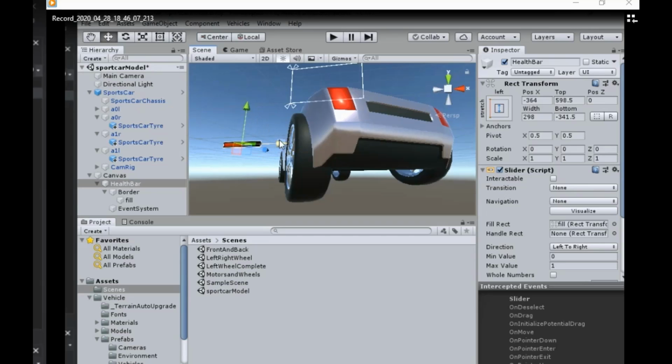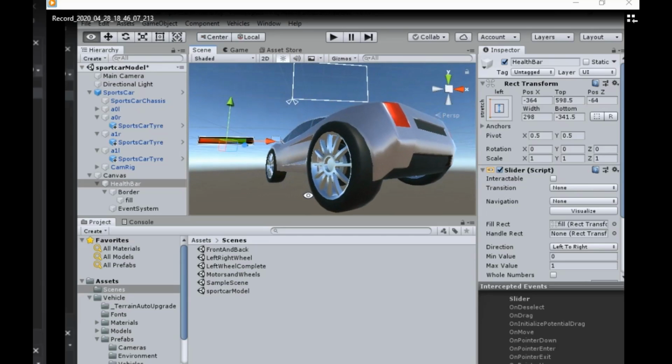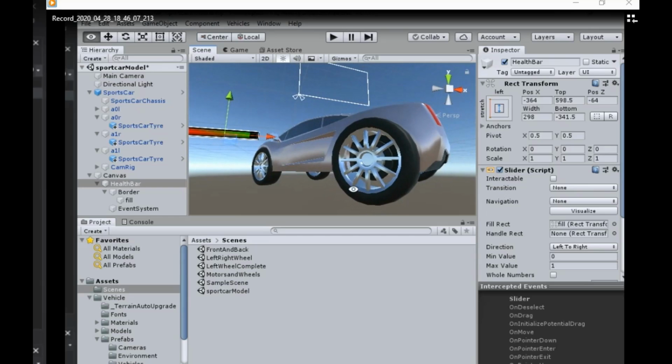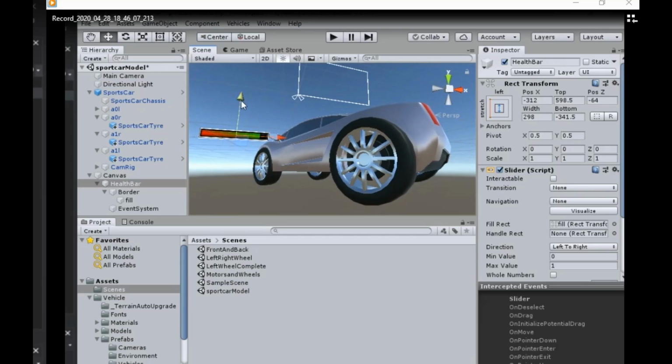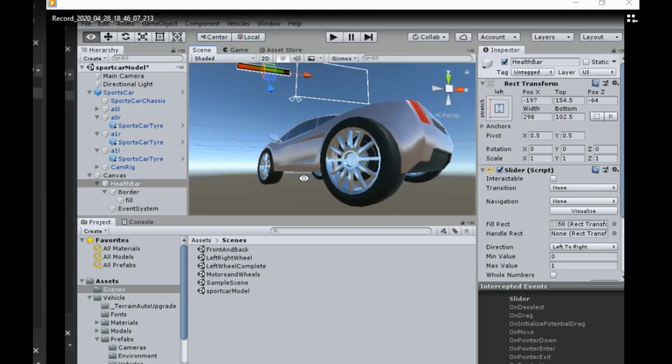So such a lot of fiddling to get it right, which I don't think I'll be able to finish all right now. I'll try to do this in the next video because there's a lot of aligning like that. Here I'm putting in this position so you'll be able to see all the wheels spinning, and also next to the wheels I'll put this bar indicating the power losses in every wheel. Or I might put the names of the motor on each health bar, and then from there I can label the wheels, and you'll have a label on top of the health bar. Basically